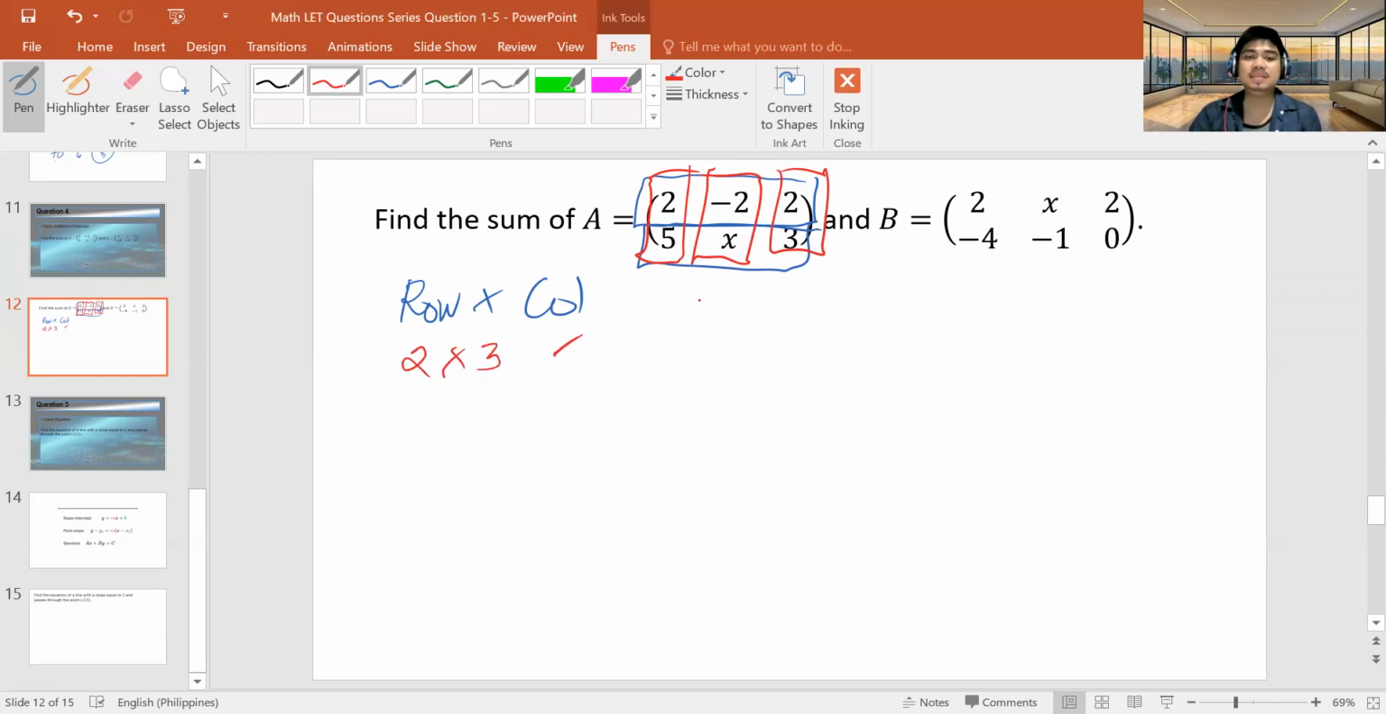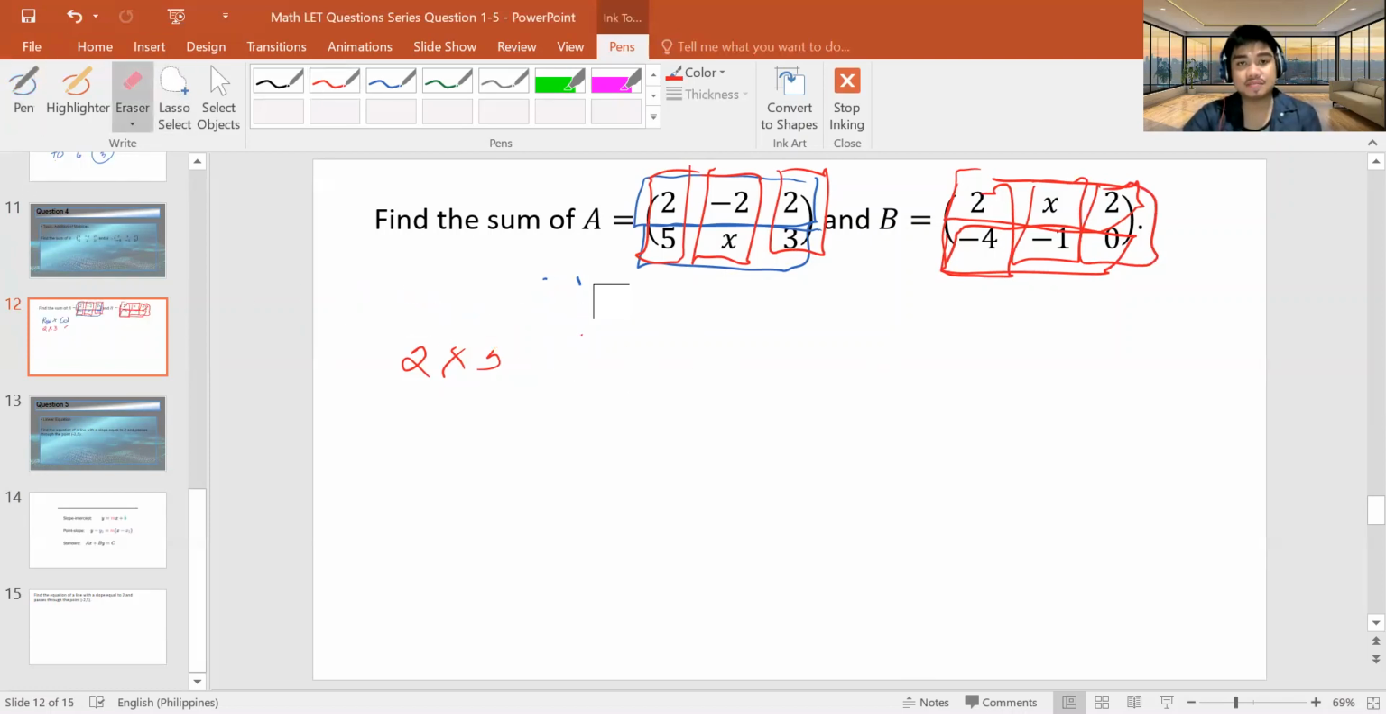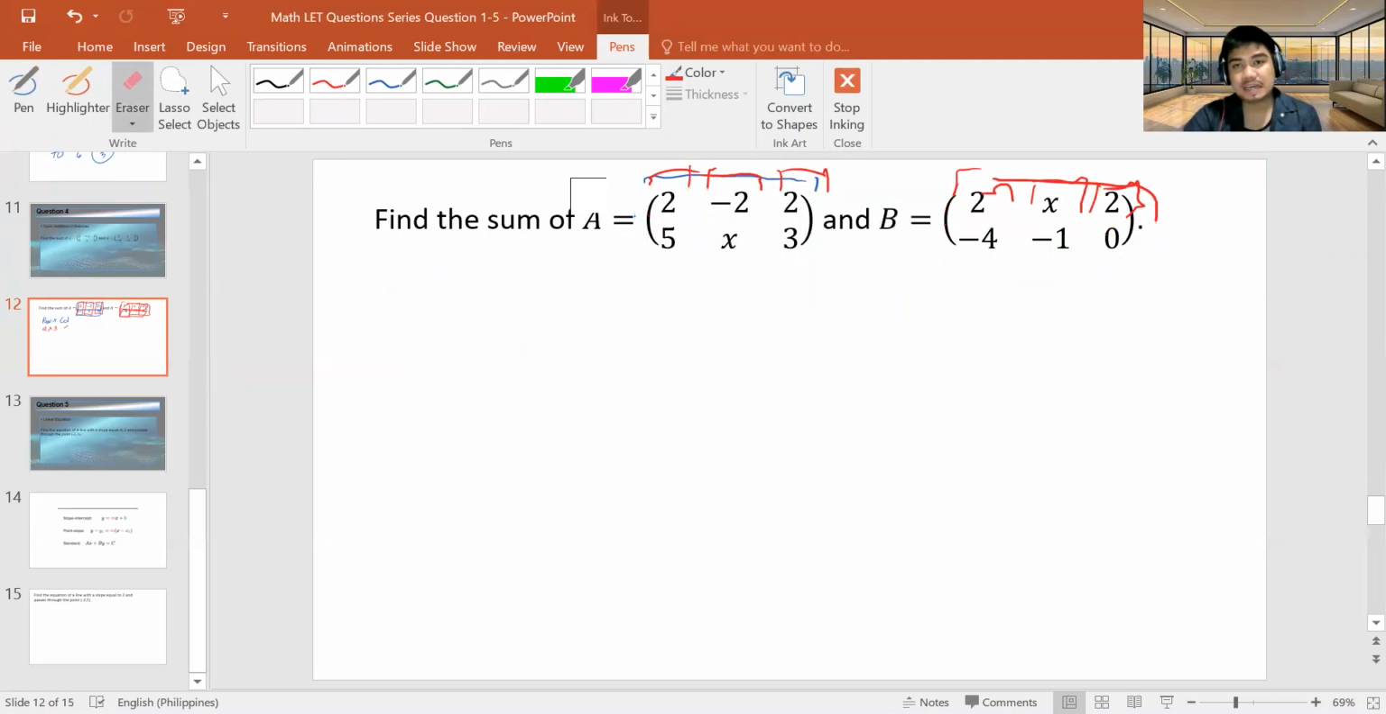So, para ma-add natin yan sa B, kailangan ang dimension din ni B is 2 by 3 din. So, makikita naman natin na they have the same dimension. So, may 2 rows din dito, tapos meron din 3 columns. So, kapag nag-add tayo ng dalawang matrix, ang ginagawa lang natin, we are going to add yung corresponding elements. So, for example,